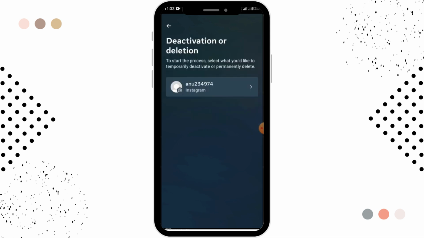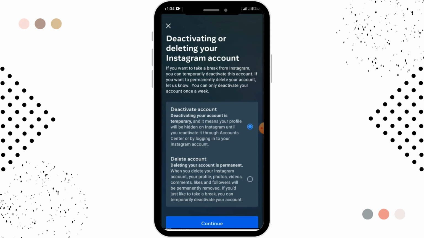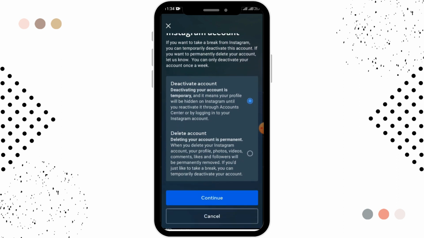So you can either deactivate or delete your Instagram account. Deactivating is a temporary action and deletion is a permanent action. For that, you have to tap on the profile and you have to select whether you want to deactivate or delete account. Since we are looking for deactivating an account,